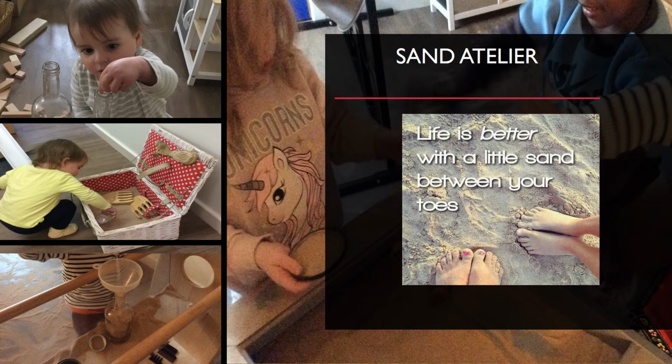However, we felt that a lot of what was occurring here was duplicating what was happening in the main play area. Our aim is to offer children as many opportunities as we can. Therefore, after a lot of research and even more discussions, we decided to give creating a sand atelier a bash. We had nothing to lose, and as we'd observed that offering children a small amount of sand seemed pointless, as all the children wanted to do was transport it all over the place, often leaving little sand in the sand tray. We therefore went about collecting resources to set up a sand atelier, and the success of this area has